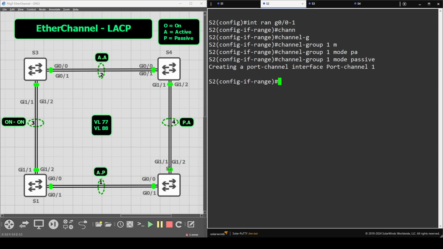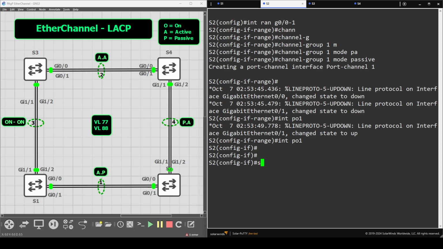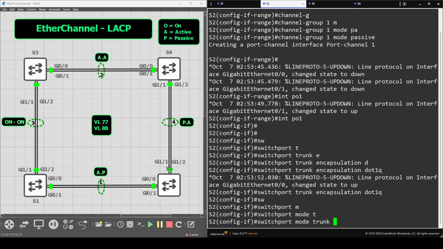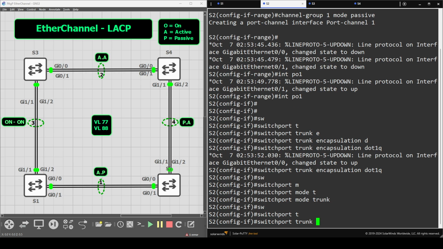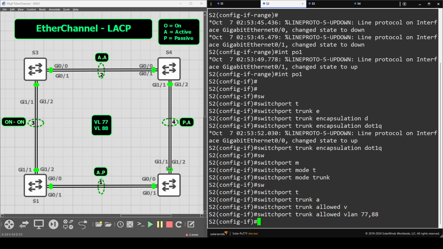So this is the first way in which we can make the port channel with the Link Aggregation Control Protocol, with one interface using the active mode and the other using the passive mode. Let's go to our port channel 1 and set the encapsulation to create a trunk link. Now, if I do show etherchannel summary,